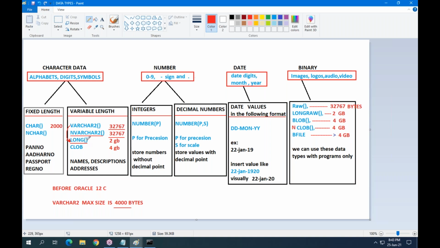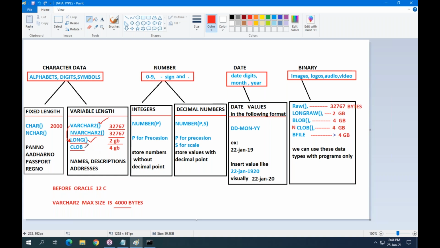Long is also similar to varchar2. It will also store variable length values. Its maximum size is 2 GB. CLOB, character large object. What is that? Character large object.